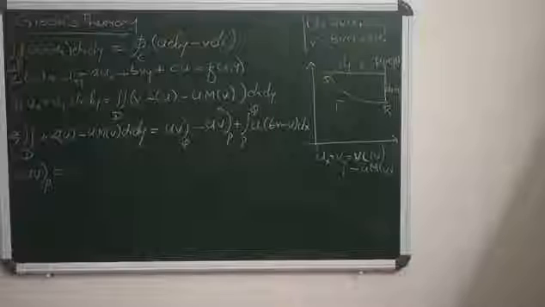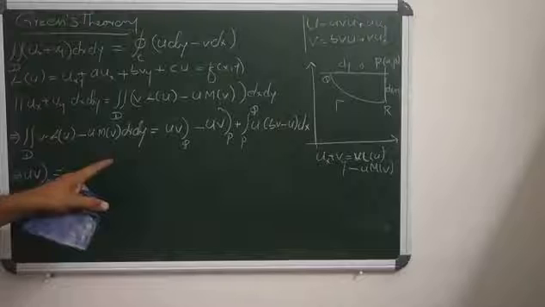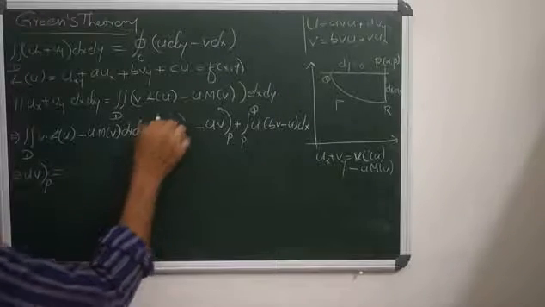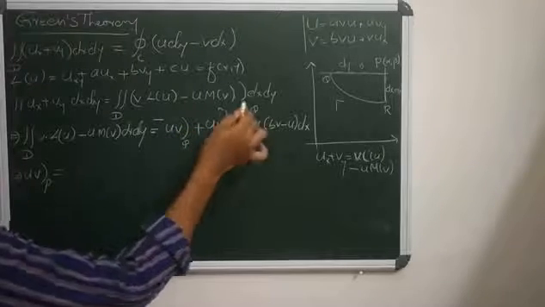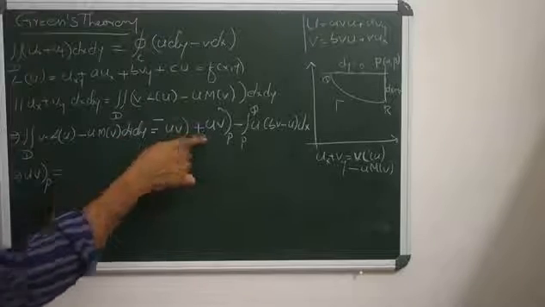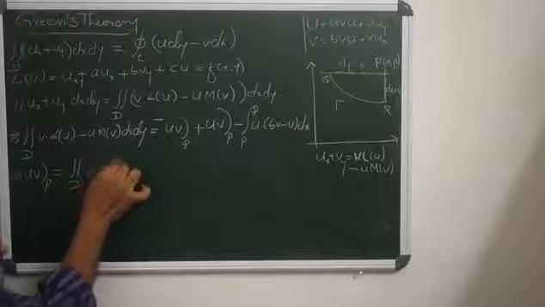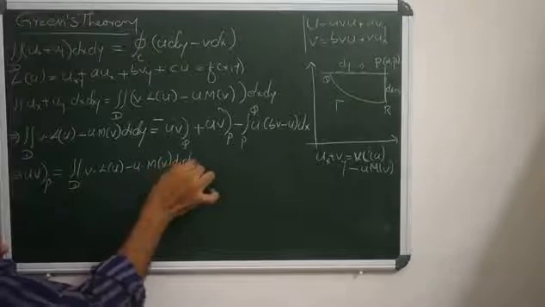Double integral over d UVP minus, yes, there is a minus of VV, so this is a negative sign, this is plus, and this is along, yes, minus. So UVP equals, what is UVP? It is the double integral over d V into L of u minus u into M of v dx dy